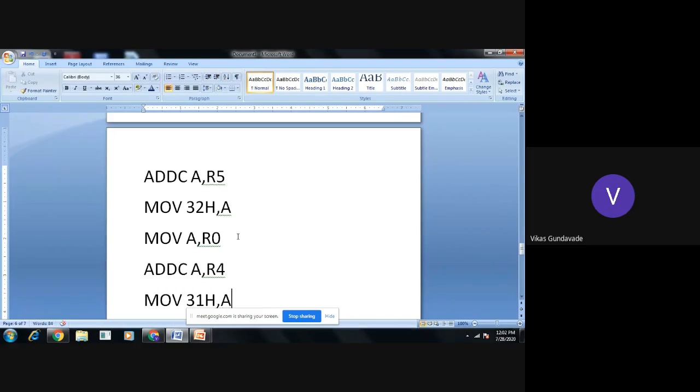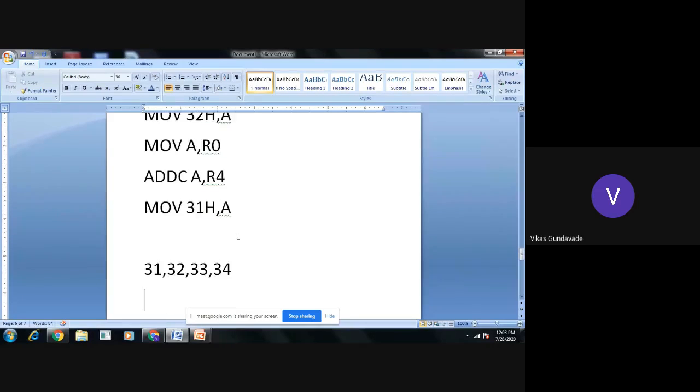So these 4 locations, 31, 32, 33, and 34H, in the memory hold the 32-bit result of this 32-bit addition. Everyone is getting it?